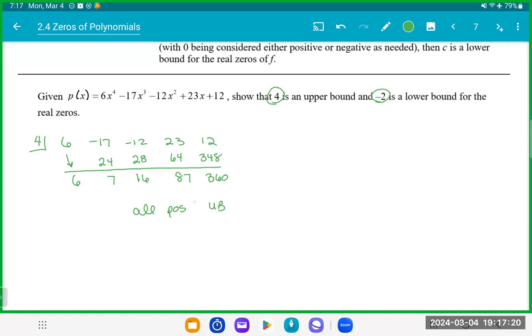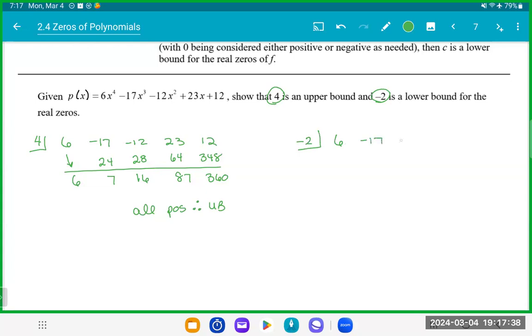Therefore, this is an upper bound. So these three dots like that, that's just saying end of that, such that we have this upper bound. Okay. So when we look at it with the negative 2 and do the same, we have